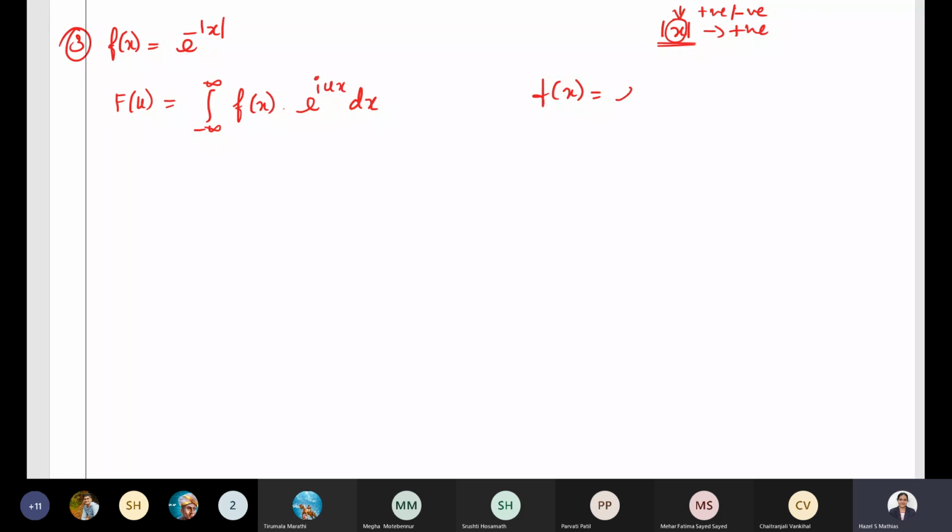So depending on that, f of x, which is e power minus mod x, is defined as e power x for x less than or equal to 0. Suppose x is less than 0, then mod x is minus x, so here the exponent of e will be x. And for x greater than 0,